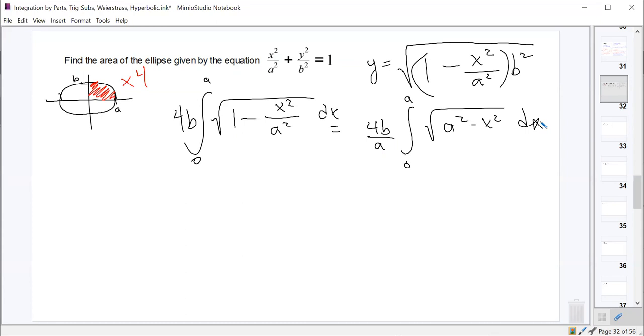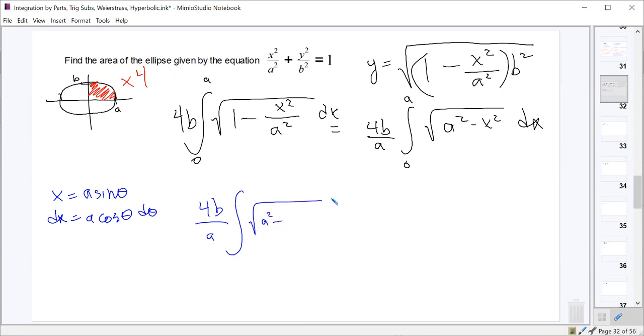Absolutely. All right, cool. And now this is in a nice little form where we should be able to do inverse substitution, right? So what should x equal? a sine theta. Okay, so if x is a sine theta, then dx is a cosine theta d theta. And so that should turn our integral into 4b over a times the integral of, well, now we've got square root of a squared minus a squared sine squared theta times dx, which is a cosine theta,